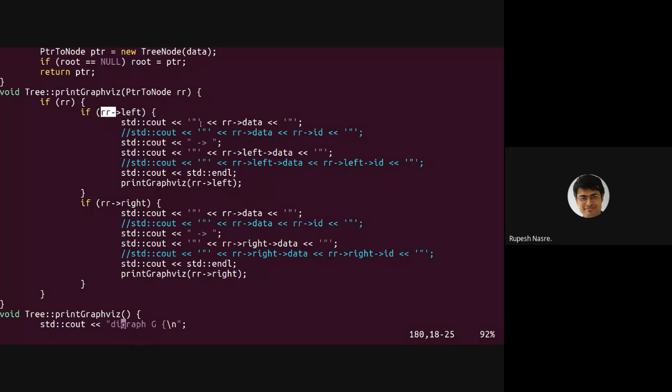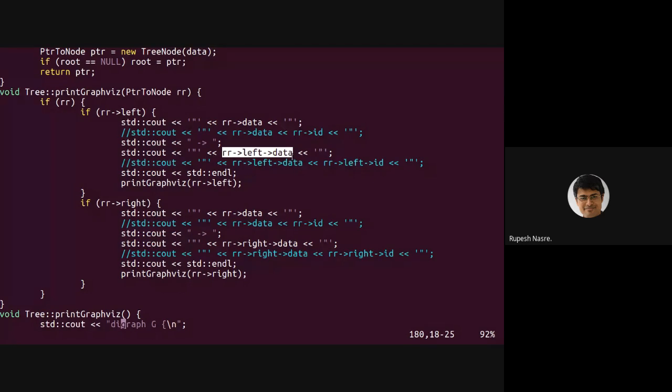If the left child is not null, I'm going to say double quote, print the data of the node, then arrow. Yeah, that is correct. So print the data of the current node, then the arrow, and then the left child's data. So this is like a left hand side edge.